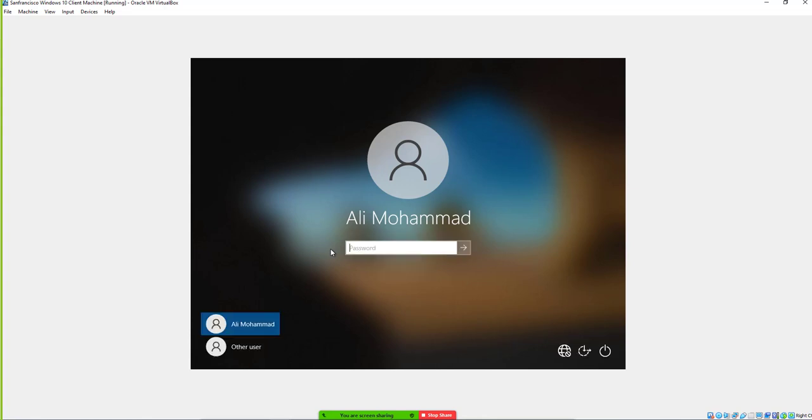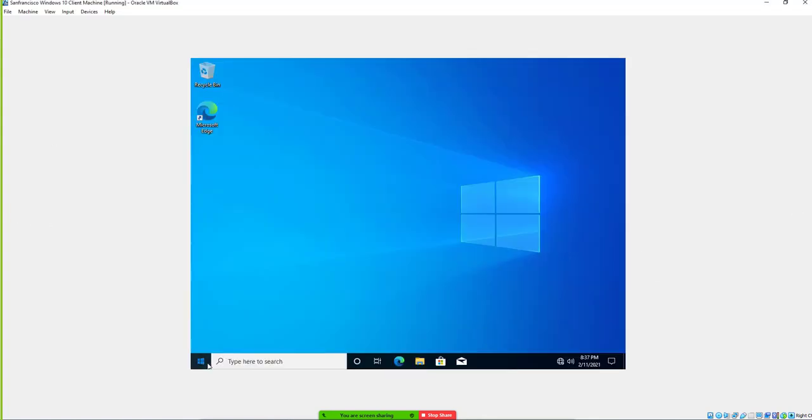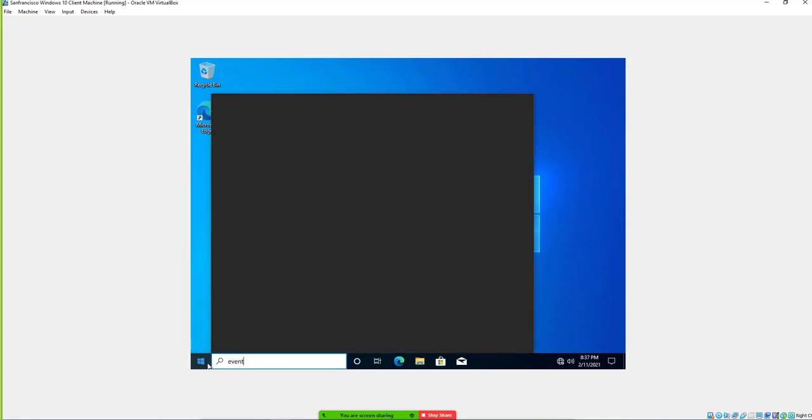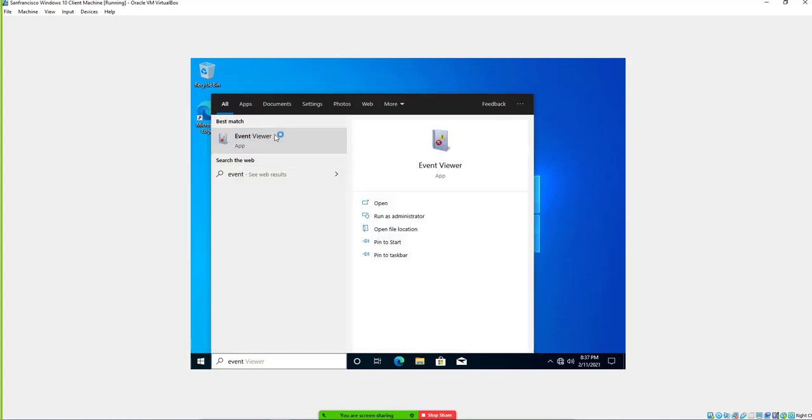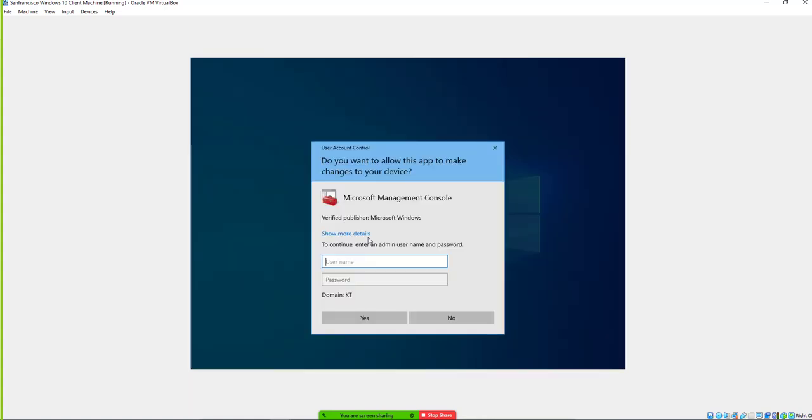I made how many failed attempts? 4. The fifth one is successful. If I go back here and type event viewer, right click, run as administrator,